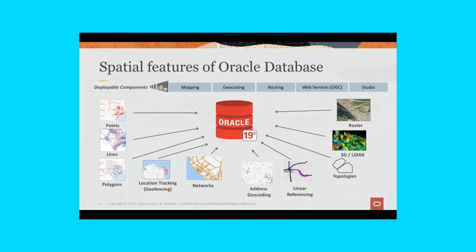The geocoding is an application where you can take customer addresses and turn them into lat-long points. So if the address is, let's say, 400 Oracle Parkway, using the geocoding component, you can turn that into a latitude and longitude. Once you have a latitude, longitude for that location, you can do spatial analytics on top of that. And the routing engine component provides street network routing from point A to point B type of applications.